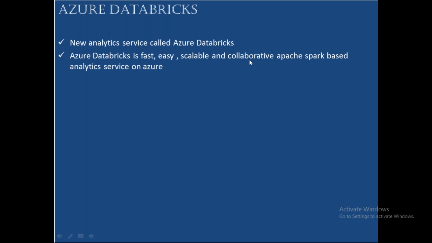Next, collaborative means all the people can work as a group, as one team. They no need to work in isolation. So that's what Azure Databricks is: a fast, easy, scalable, and collaborative Apache Spark based analytics service on Azure. Next,